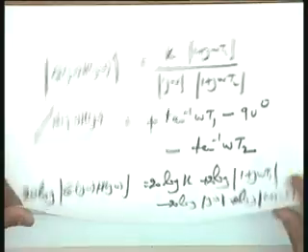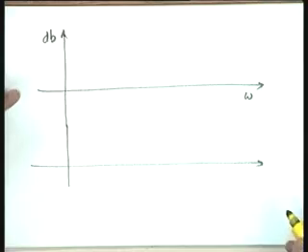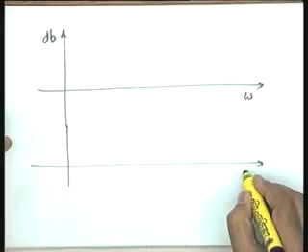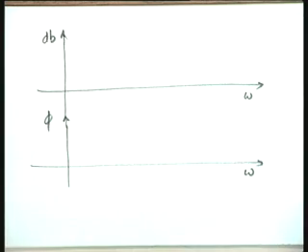So, what is Bode's contribution? What is the Bode plot? The Bode plot now will consist of two plots instead of one, as in the case of the polar plot. You see, first let me not take the Bode plot, let me take the possibility of the plots. The possibility could be, you take omega, the frequency, on this side, and decibels on this side, you call it a magnitude plot. You take omega, the frequency, and the phase angle phi on this side, you call it a phase plot.